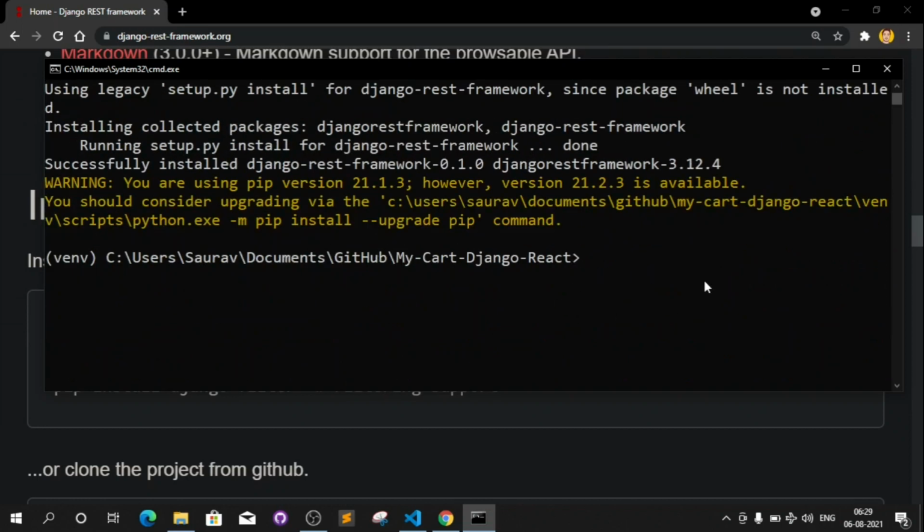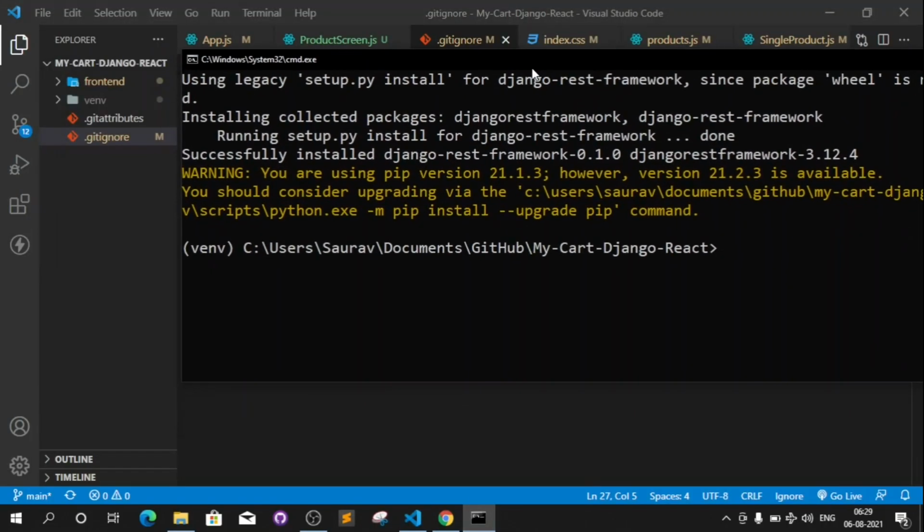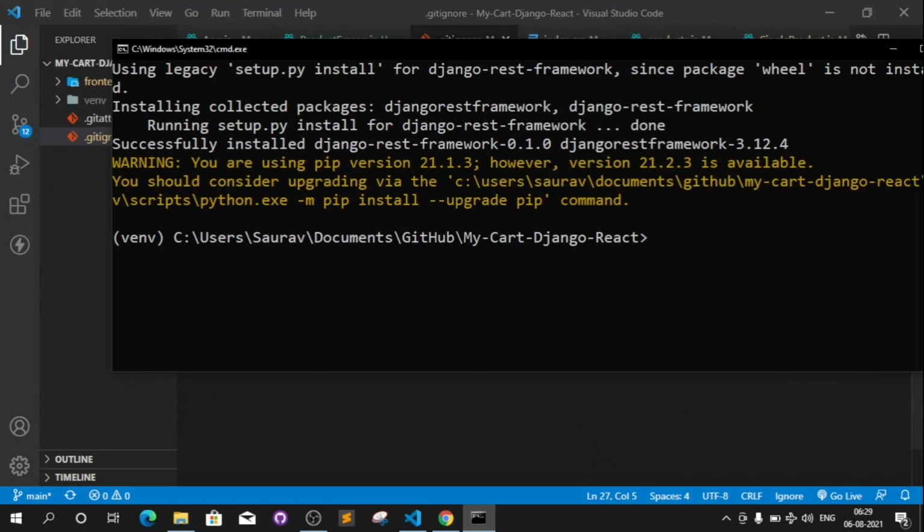Now after installing Django REST framework, we need to make a project. So come here, and here we will be making a project called django-admin startproject. So that's the command to make a new project, and that will be called backend.